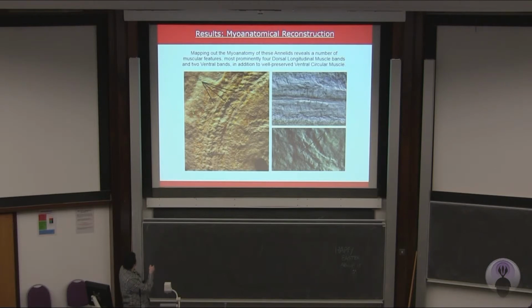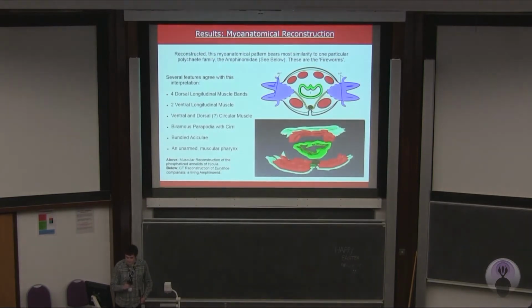Looking again at other parts, we can see a total of 1, 2, 3, 4 patchy and inconsistent of these longitudinal muscle bands along the dorsal surface of the body, and a further 2 larger, much thicker set of ventral longitudinal muscles. Using these features, along with other anatomical features, such as the presence of these biramous parapodia with these cirri structures, bundled ossiculi, these small pseudoskeletal elements, and an unarmed muscular pharynx, which is not pictured here, we can identify these as belonging to the Amphinomidae, also known as